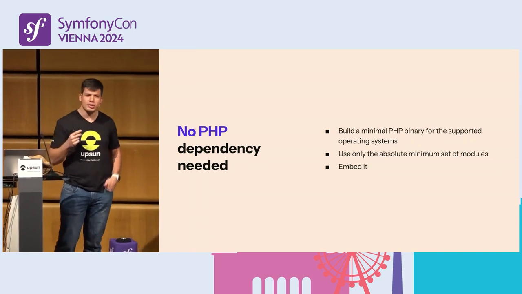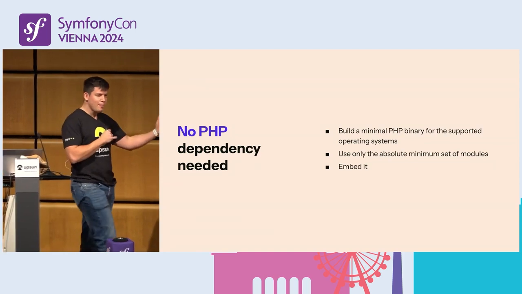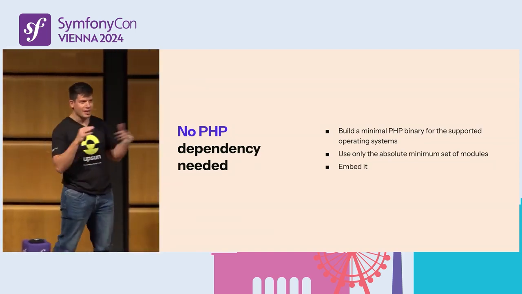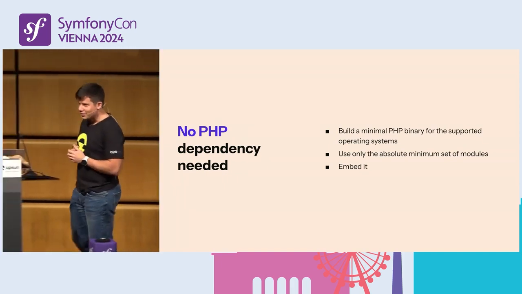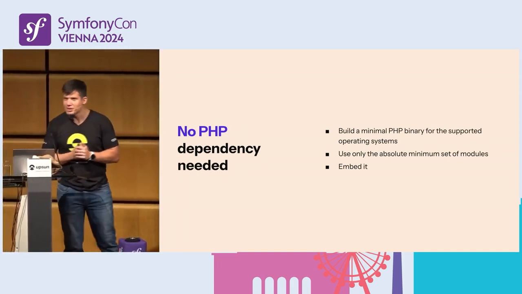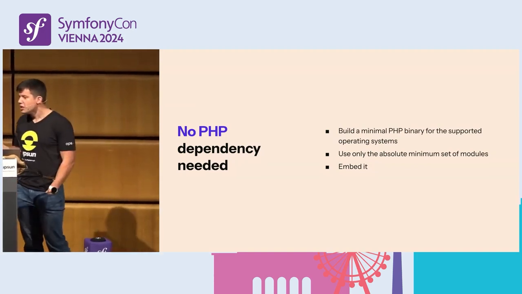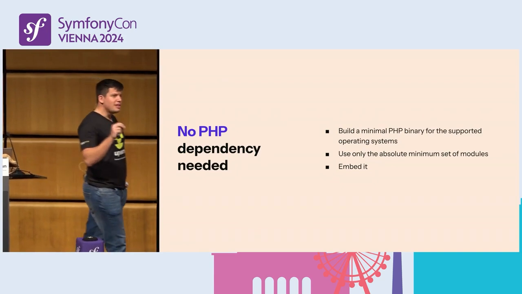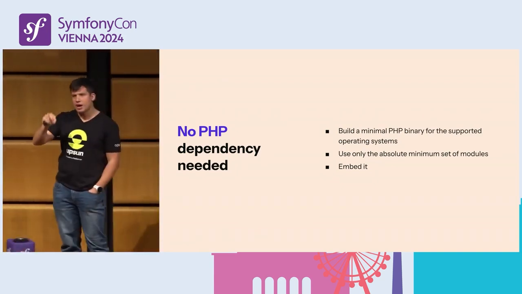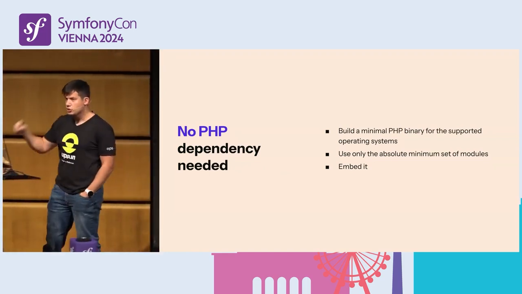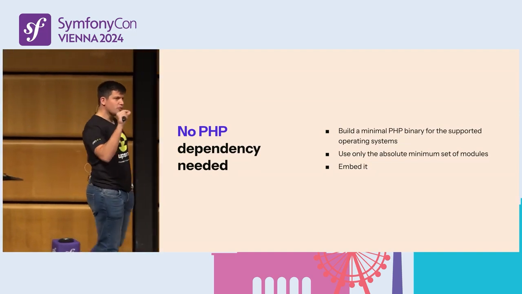Like, for example, we want to see, can we compile PHP into something like WebAssembly and then create a WebAssembly VM inside of Go, which was really amazing. I mean, I was really excited to go and tackle this problem, but it was a bit difficult, things did not work as expected. So we said, okay, we're going to build a minimal PHP binary that only has everything that our CLI needs. So only the extensions that we need, everything that we need. And we're going to embed this very small binary.